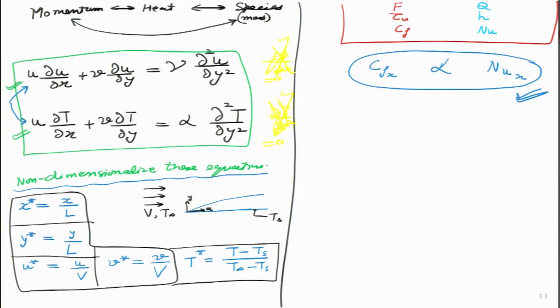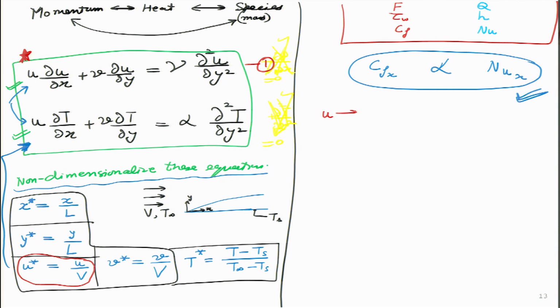Now, let us apply all these non-dimensionalization equations to the two green equations given on the top left side, and then see what happens to these equations. So, let us do the first equation and see what will happen. So, what I am doing is looking at this first equation over here. I will put equation number 1. So, u del u by del x. So, u I can replace, now I am seeing over here, I want to replace u with u star.